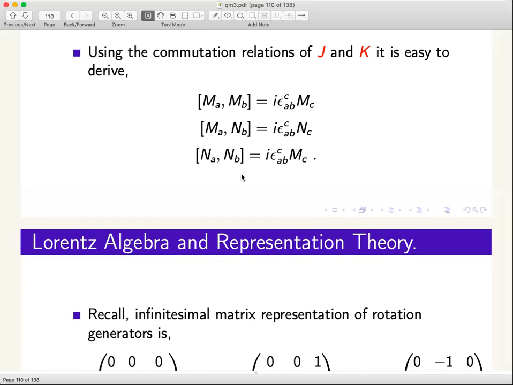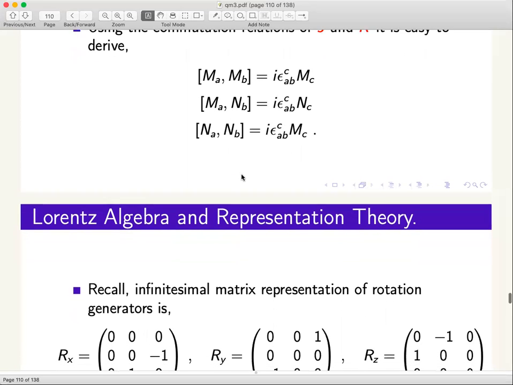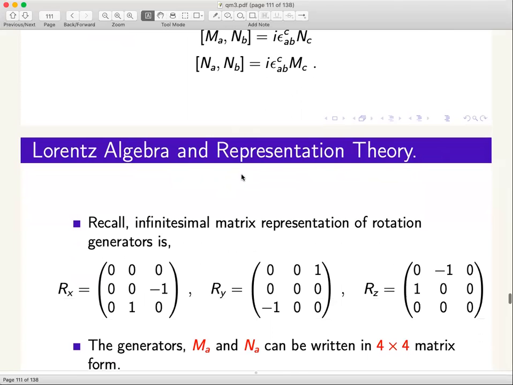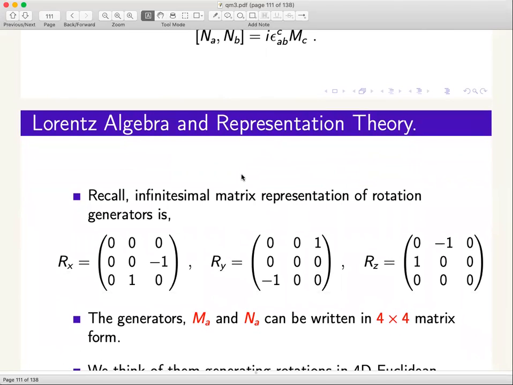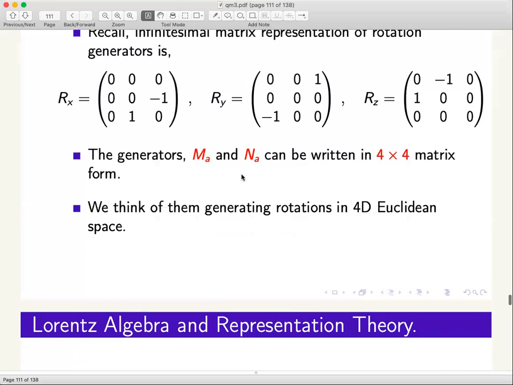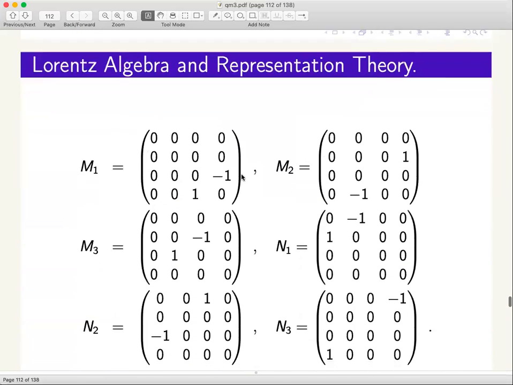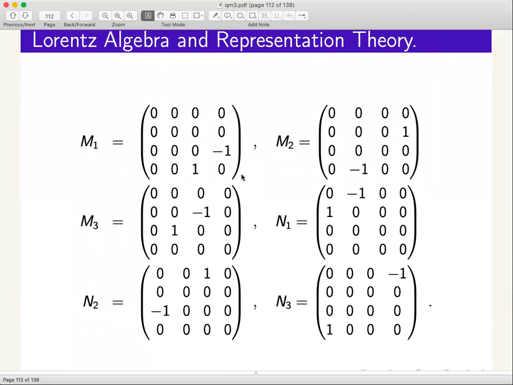Here the rotations are by 90 degrees? No, no, no. The M N that you showed, those were 90-degree rotations? No, no, no. These are the infinitesimal transformations. There is an epsilon sitting in front of these, or delta phi sitting in front of it. It's a small rotation. These are just generators.